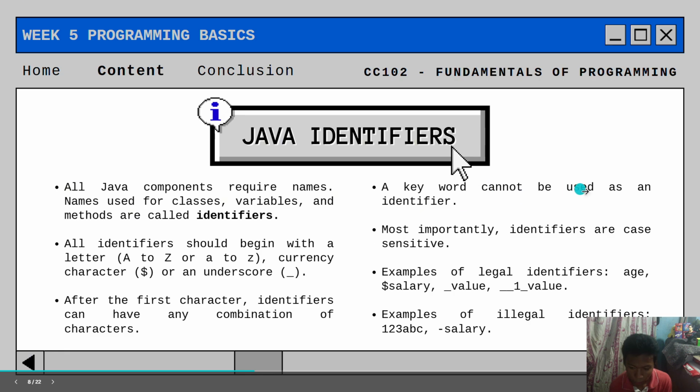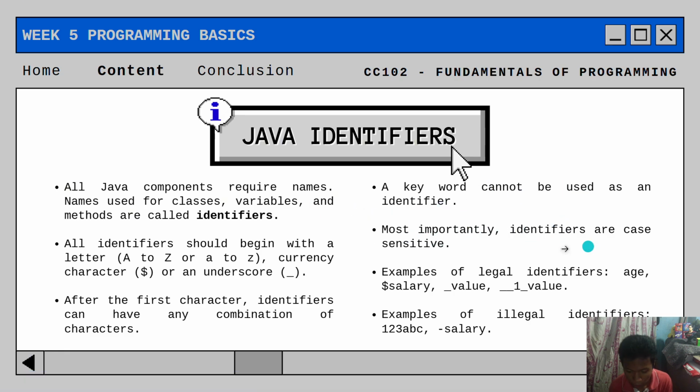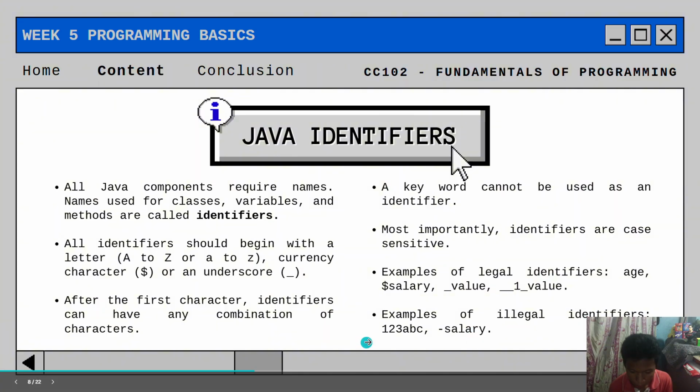A keyword cannot be used as an identifier. Most importantly, identifiers are case sensitive. Remember that. Examples of legal identifiers are age, salary, value, and _1_value. Examples of illegal identifiers are 123abc and -salary.